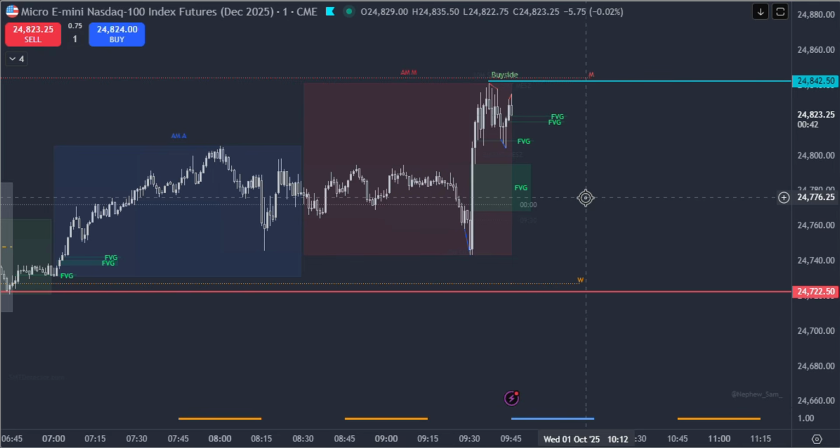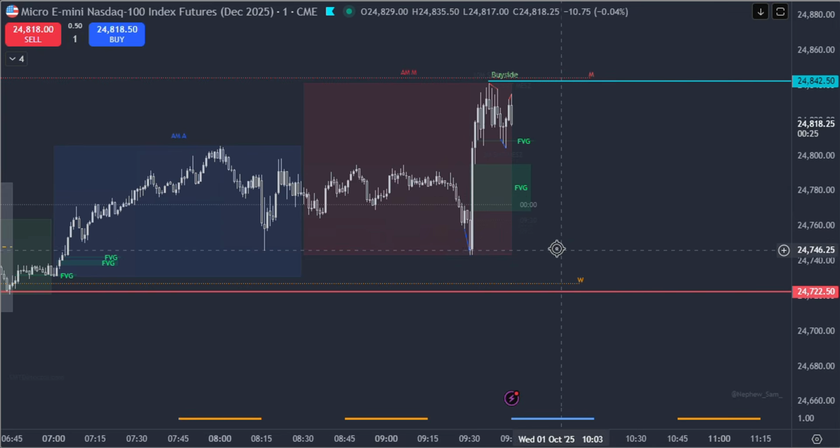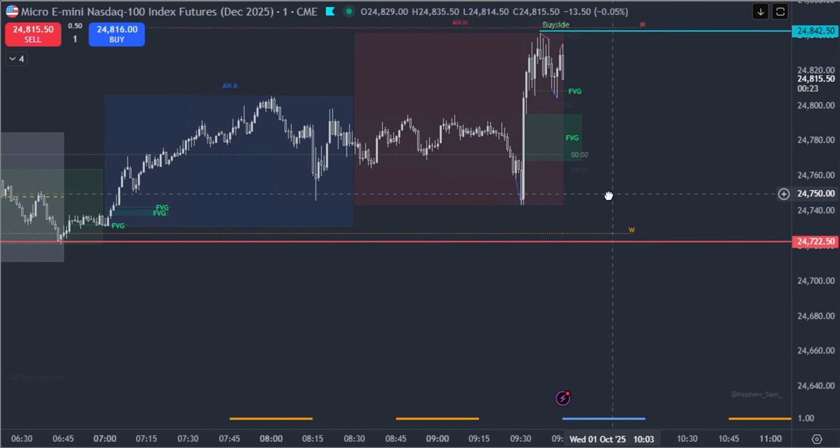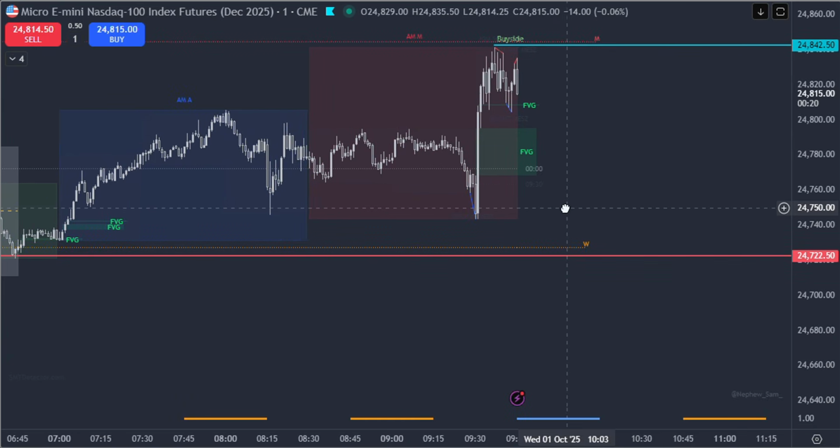And normally when you see SMT, it's going to tell you when the market's about to either reverse and expand. So right now, what I'm doing is I am waiting for a type of purge,